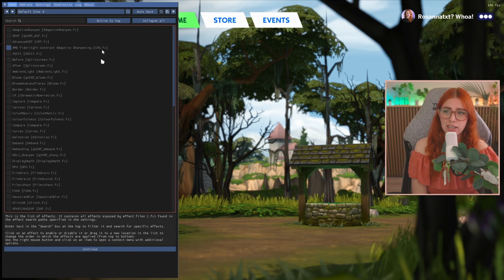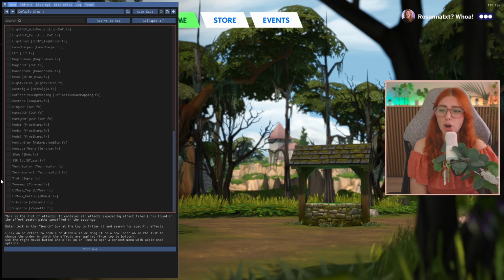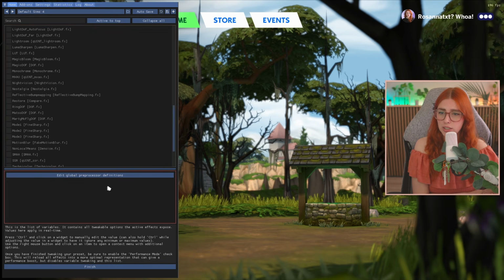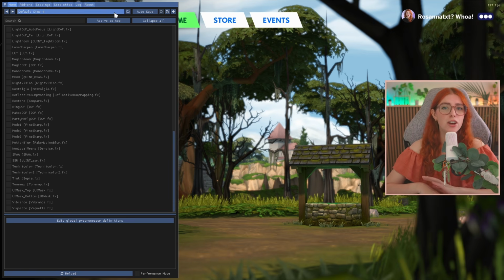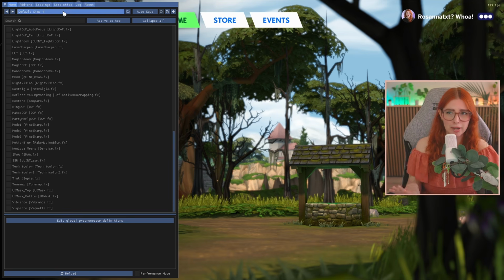From here, you're going to click continue, and then you're just going to skip all of the effects. You're going to say continue, and you're going to say finish, and that's it. Now you're on the default Sims 4 preset. You just have it so that you can always go back to a completely unfiltered version. You can, from here, still add all of the effects that you've installed, but I wouldn't necessarily recommend doing that